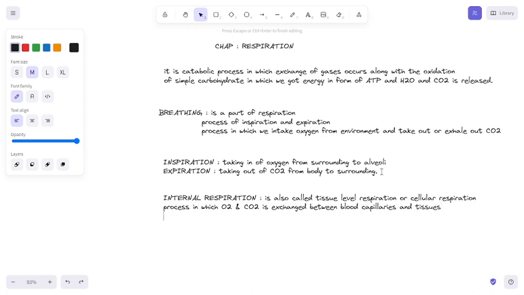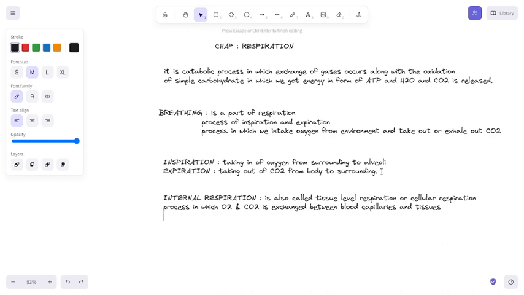So the process in which oxygen and carbon dioxide are exchanged between the blood capillaries and tissues means the exchange of gases between the oxygenated blood and the deoxygenated blood in the tissues. The tissues have deoxygenated blood, and the capillaries have oxygenated blood that comes from the lungs, and that is exchanged. I mean, the blood capillaries will provide oxygenated blood to the tissues, and will take the deoxygenated blood from the tissues and give them